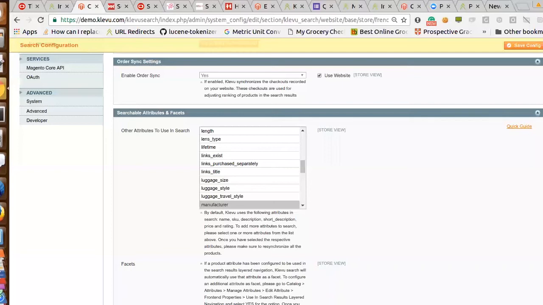Order synchronization settings. We also collect the checkouts which are happening on your website. By default, it is enabled. This information is used for automatically ranking your products. We learn from the checkouts which come to us, and we automatically boost certain products which are selling more on your store. There are other parameters considered in ranking products, but this is very important, and we request you to